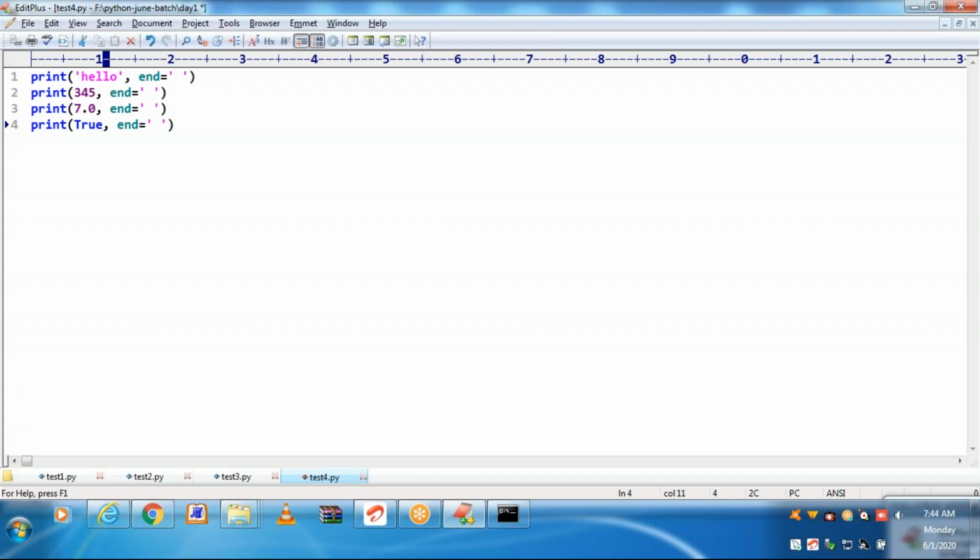After printing 7.0, stay in the same line to print 2. Every time after printing hello, giving a space as a separator, then 3, 4, 5, giving a space as a separator, 7.0 and 2. In the previous program, you have the result printing in the same line.